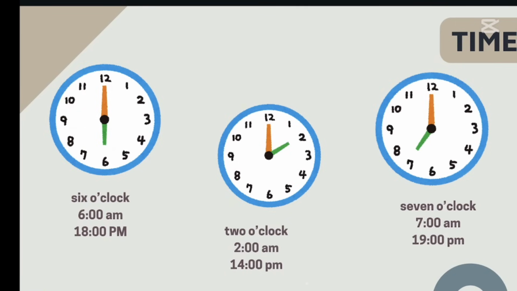Another example is 7 o'clock. So we have 7. Remember the spelling of the number word 7: S-E-V-E-N. Then o'clock. This is how we write it in words. You can also write it like 7:00 a.m. if it's in the morning, or 19:00 if it's in the evening time. So these both indicate 7 o'clock.